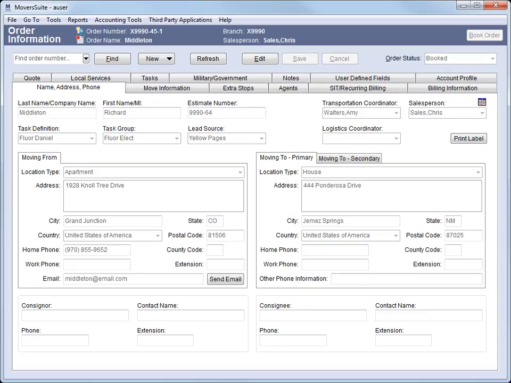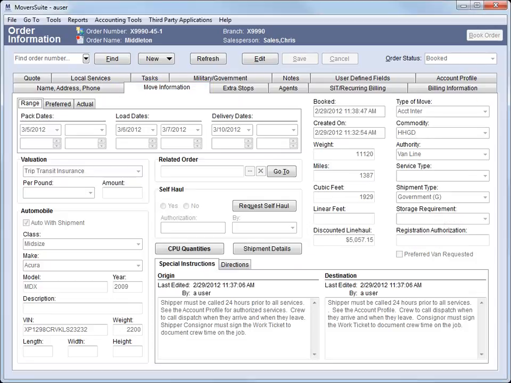Now let's take a look at the data inside MoversSuite. MoversSuite categorizes data into individual tabs, providing ease and accessibility. Let's take a look at the Move Information tab. The Move Information tab has many key pieces of information concerning the move, including all the dates, miles, weight,